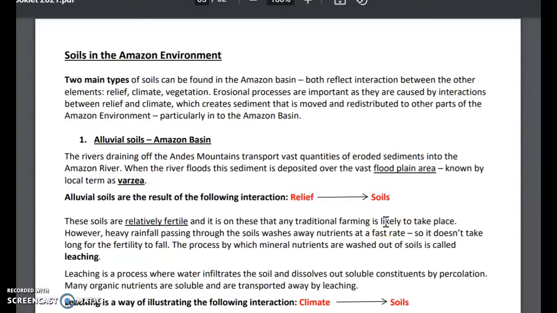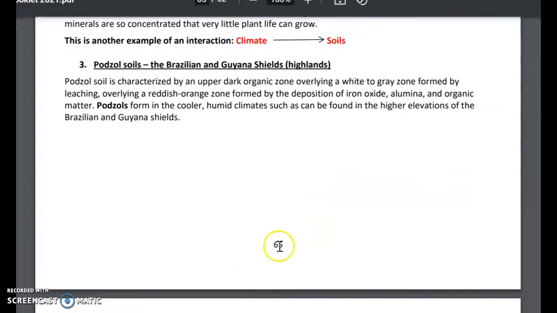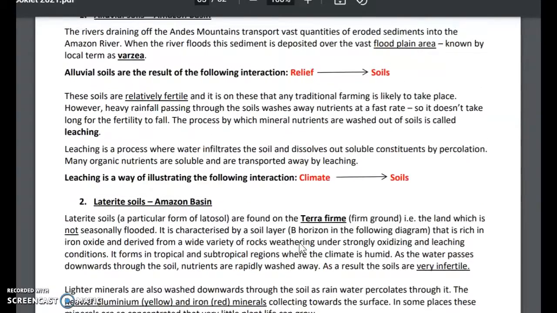Over to boys, just doing a quick video or screencast to go over the key points from yesterday's lesson on soils. Right now I'm on page 65, and this is a really key page